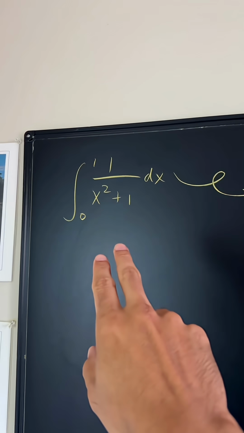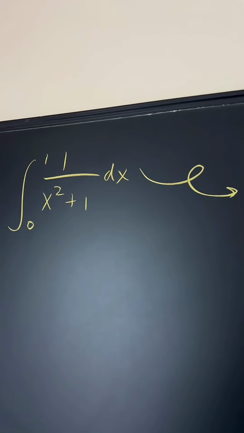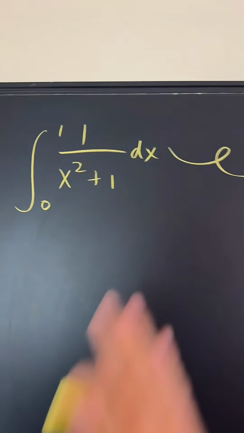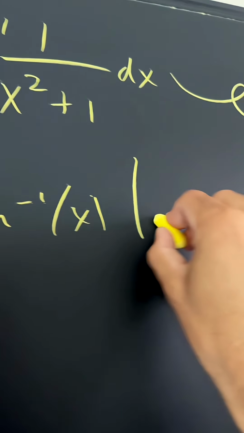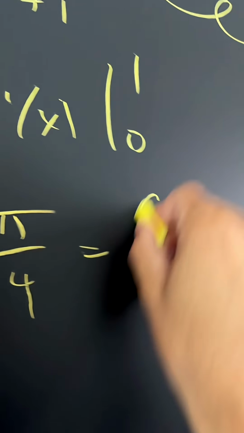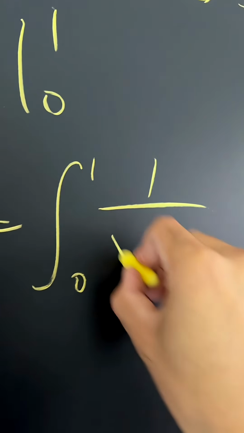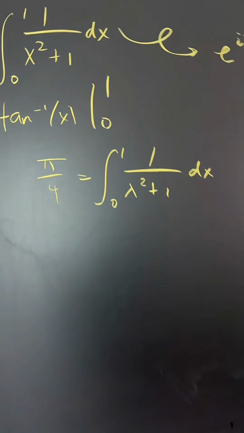Is it that this integral can relate to the Euler identity? Well, this particular integral can easily be solved just by using the arctan. This is basically the tan inverse of x from 0 to 1, and you'll quickly see that this is going to be pi over 4. So this integral here is equal to pi over 4, but let's go ahead and solve this using partial fraction